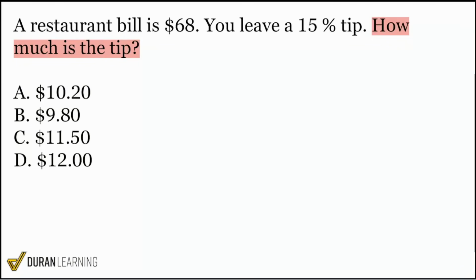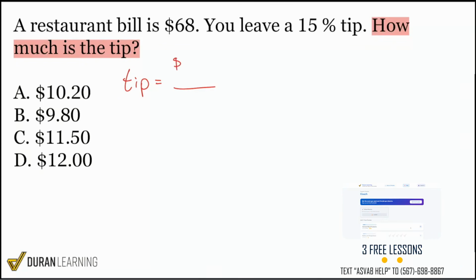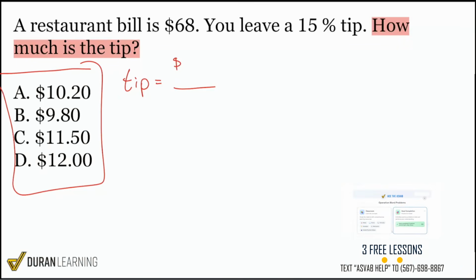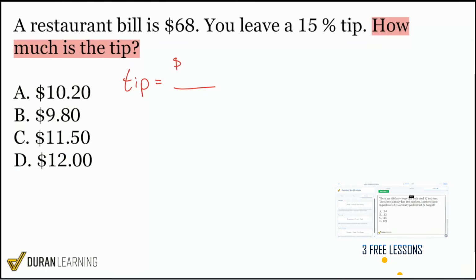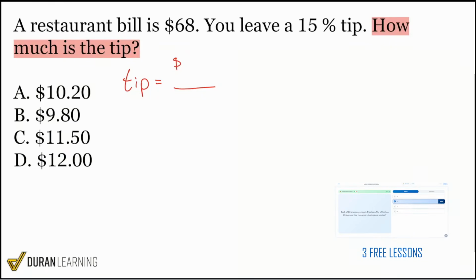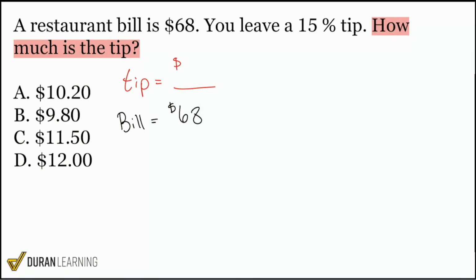So I want to know how much the tip was. I'm going to say tip equals some number of dollars. I know it's dollars because I see the answer choices. Now that I know what I want, that's step 2: what do I have? What's the connection? What I have here is a restaurant bill of $68. So let me write that out. The bill equals $68. And then it says you leave a 15% tip. Let me move this down here and say the tip